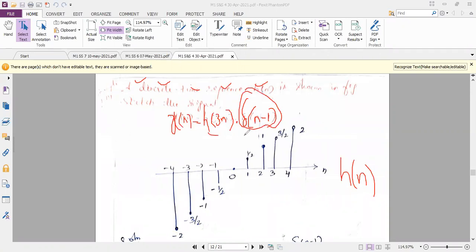So as per this question, I have to find first h of 3n. That we will do later. Since it is a discrete time signal, you won't feel difficulty in multiplication or addition because the signal is not continuous. For each time, you will have a separate amplitude. So the operations are easy in discrete time compared to continuous time. I want you to just plot this question, h of n, and let me know, then we will start the solution.